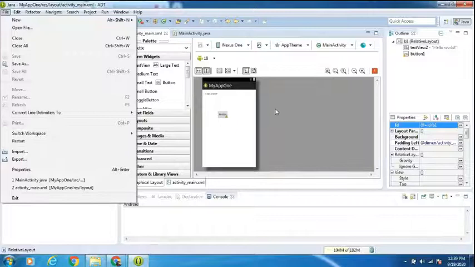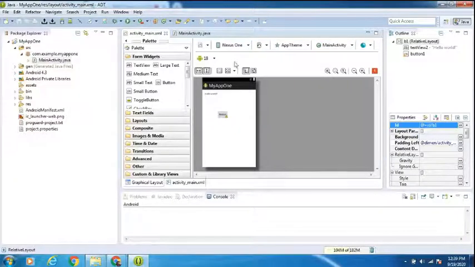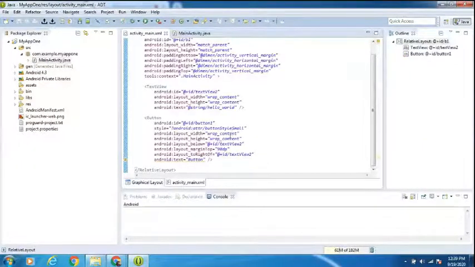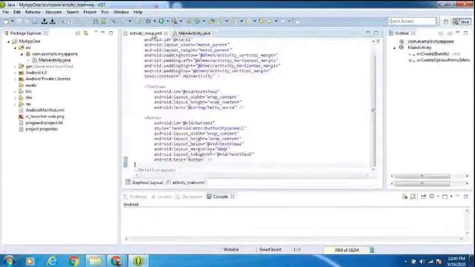After saving, just go here. Wait, it should be changed. The ID should be changed as button one. Okay, no problem. Automatically. Wait for a while.